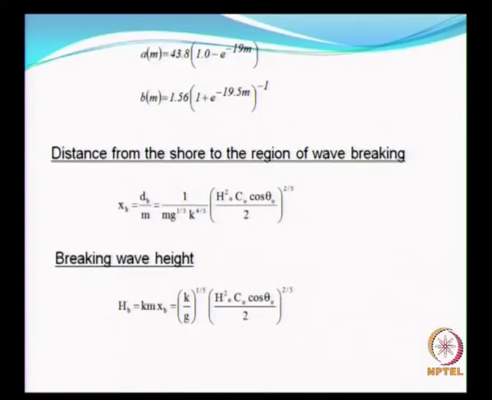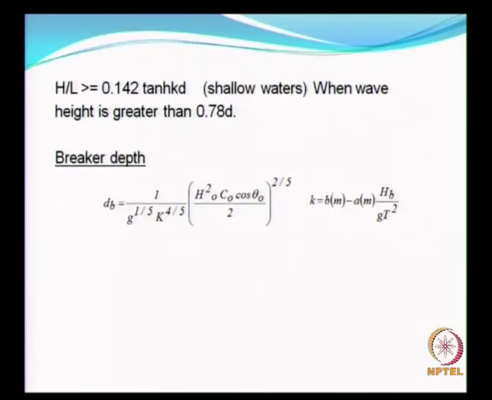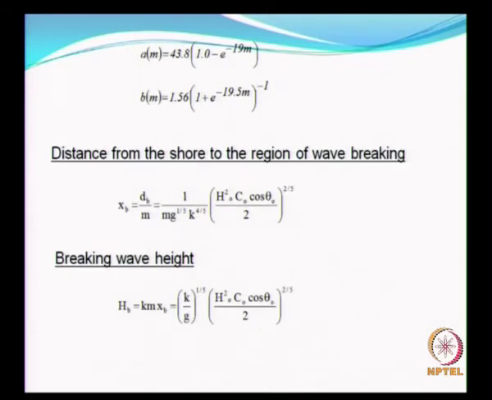So I will just run through the formulas again. So this is the breaker depth. That breaker depth is going to be a function of all those deep water wave characteristics, wherein you have k equal to a function of breaker wave height and the beach slope, and am and bm are functions of beach slope, and with this we can easily calculate your breaker wave height. Anyway, we will try to work out a problem so things will be more clear.